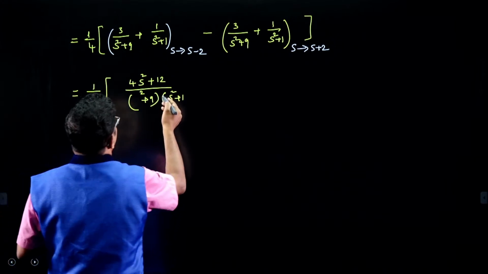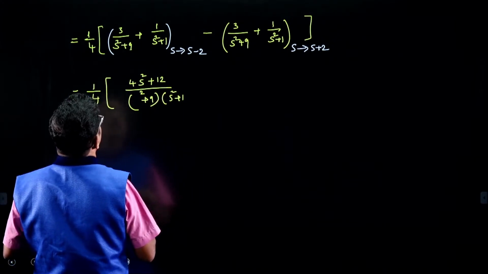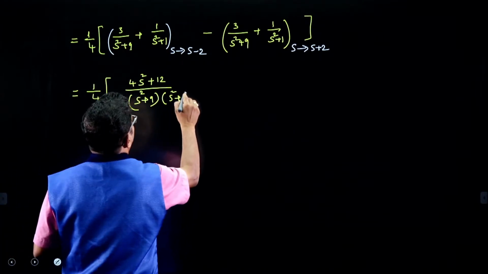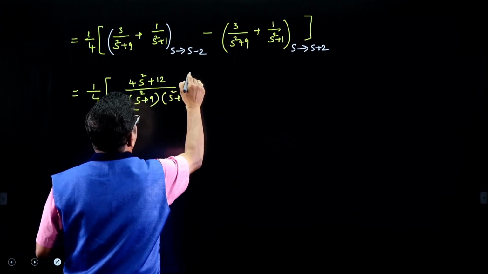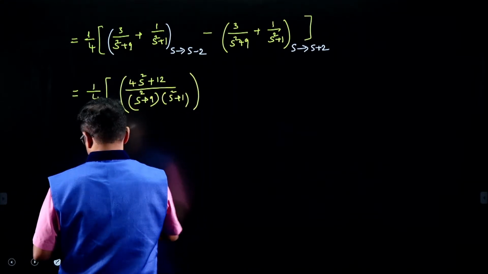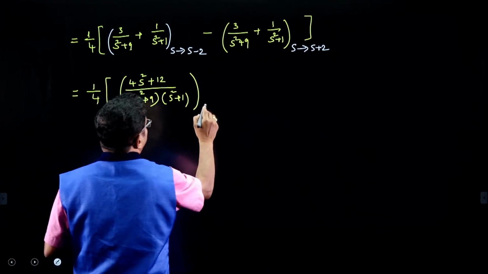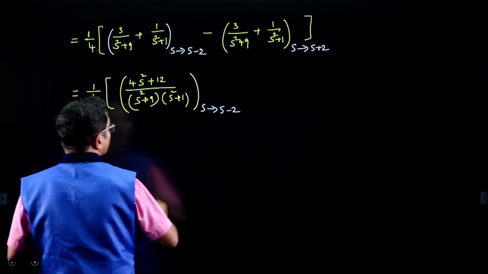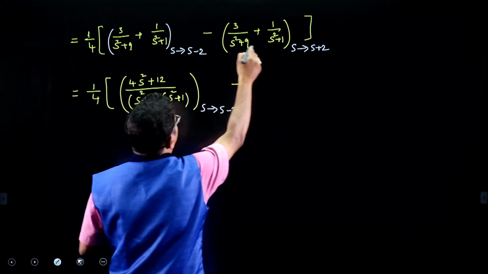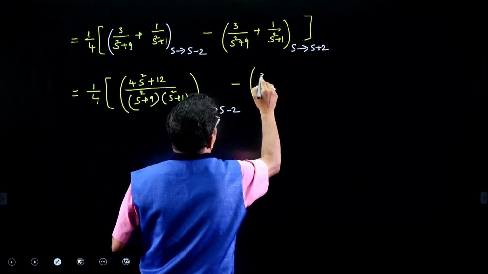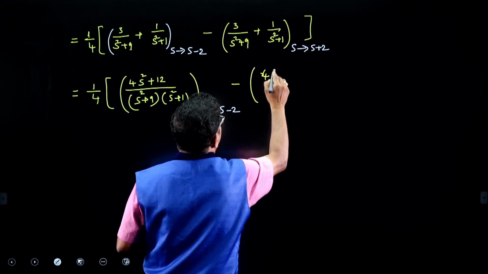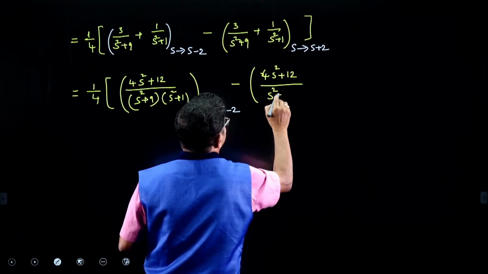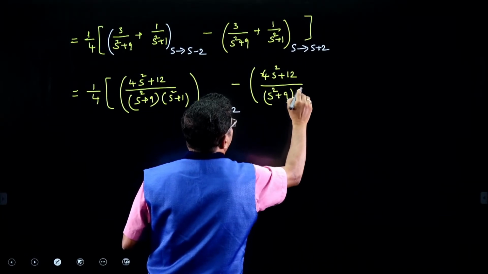Okay, here we have s minus 2, sorry, s shifted to s minus 2 minus, so even here also we will get the same 4s square plus 12 by s square plus 9 into s square plus 1,